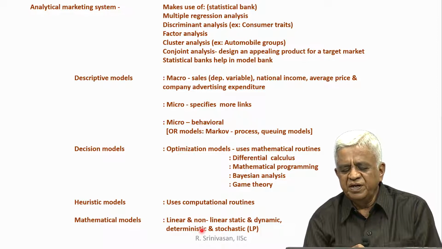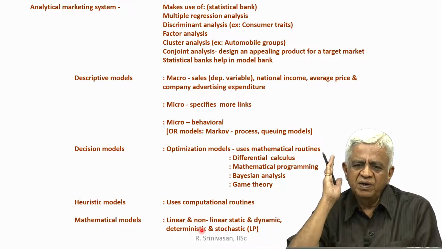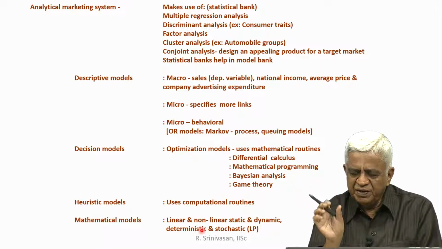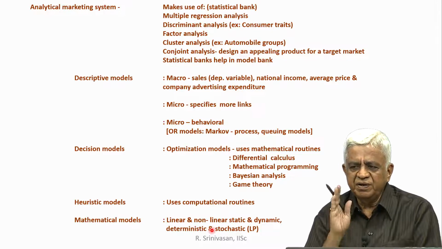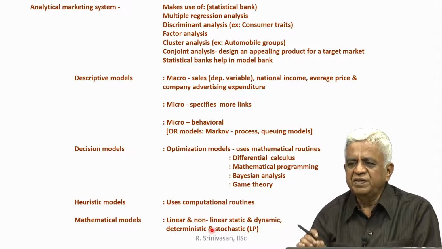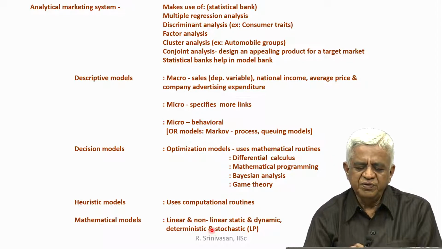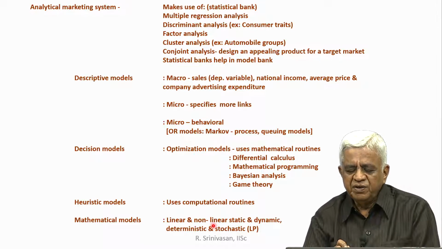In fact, when you look at deterministic probability, that probability itself is not there, whatever you have arrived at is deterministic. Suppose you say this particular variable is going to influence the demand by 25%, you have found out that this is the variation that is going to come with respect to the demand using this particular variable. When you use the stochastic method, you attribute a probability for that.